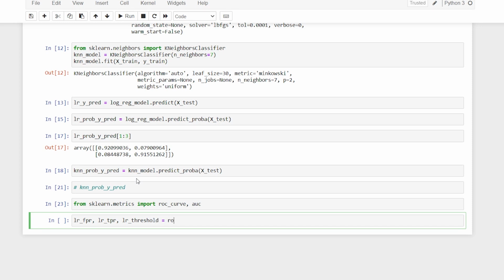And I'll say finally roc_curve, which is going to take two parameters: Y test and LR probability of the Ypred. I'll select all the rows, then comma and 1. There are actually 0 and 1 values, and I want the values where I get yes. So I am only considering the first values.